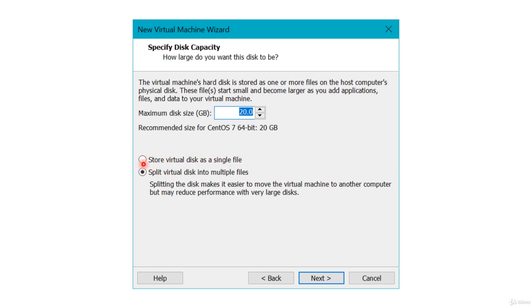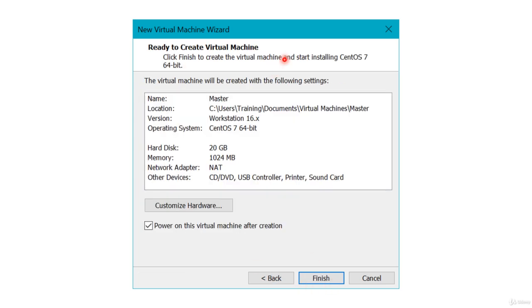Click on that in options, like in what we have, and click on the next. Now there is a next screen. You will see something like that. Click on customize hardware and make sure you are selecting that in